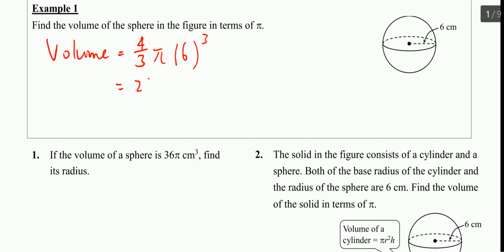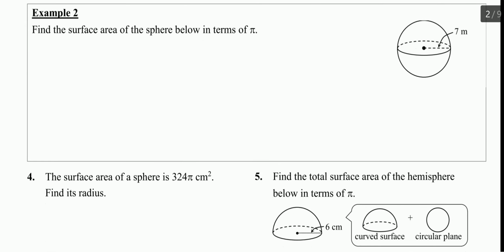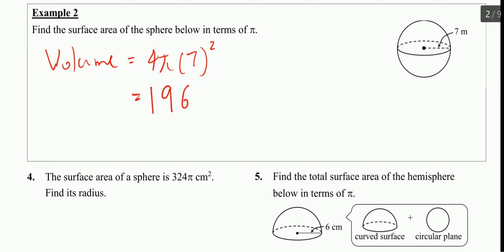And you can find that it is 288 pi cm cubed. That's for the first example. Just put in the formula and you can find the answer. And for the second example, again, just put in the formula. Actually, the calculation is not difficult. You just have to memorize the formula and you can obtain the answer. Okay, so the result should be 196 pi, not cm, this time meter squared. Okay, so that's all